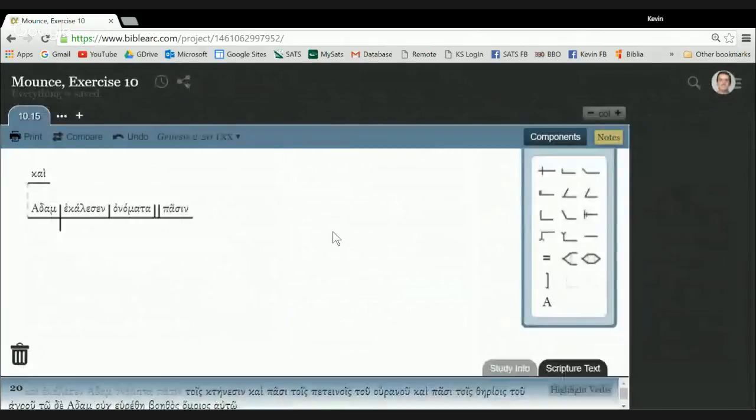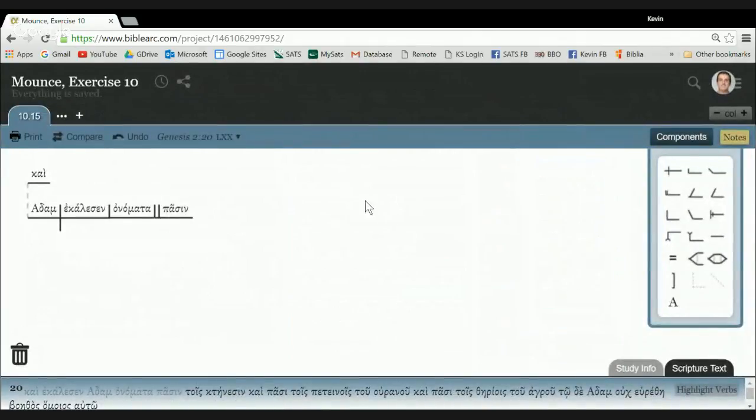All right. This comes from Genesis 2:20, the Greek translation of that portion, the Greek Old Testament translation, the Septuagint, abbreviated LXX usually. So you can see here this is Genesis 2:20 from the LXX. So the question is the first clause of Genesis 2:20, which reads, Kai ekalesen. Ekalesen means he called, quite often in the sense of named. So you could say, I called my son John. I named him John is the idea. Kai ekalesen Adam,